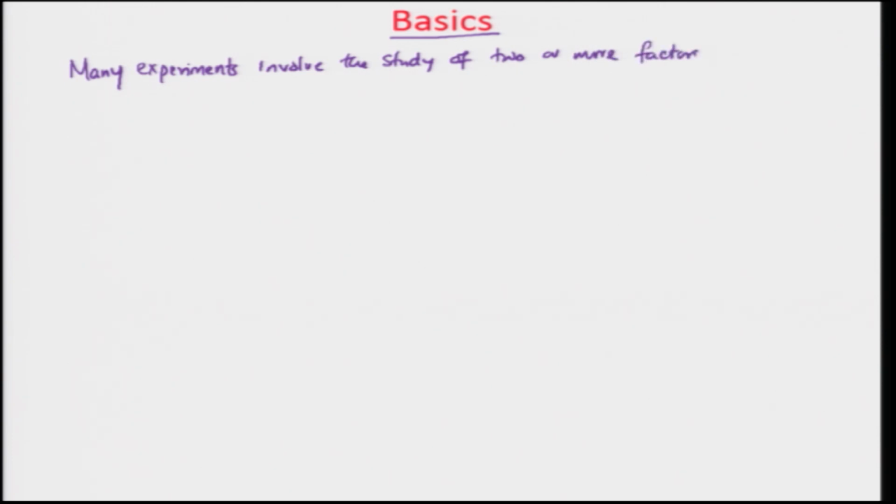You might have remembered that in ANOVA we looked at a single factor. Okay. So here in the factorial, we are looking at two or more factors as the important aspect of this study, right. So there are many places where you want to study two or more factors.